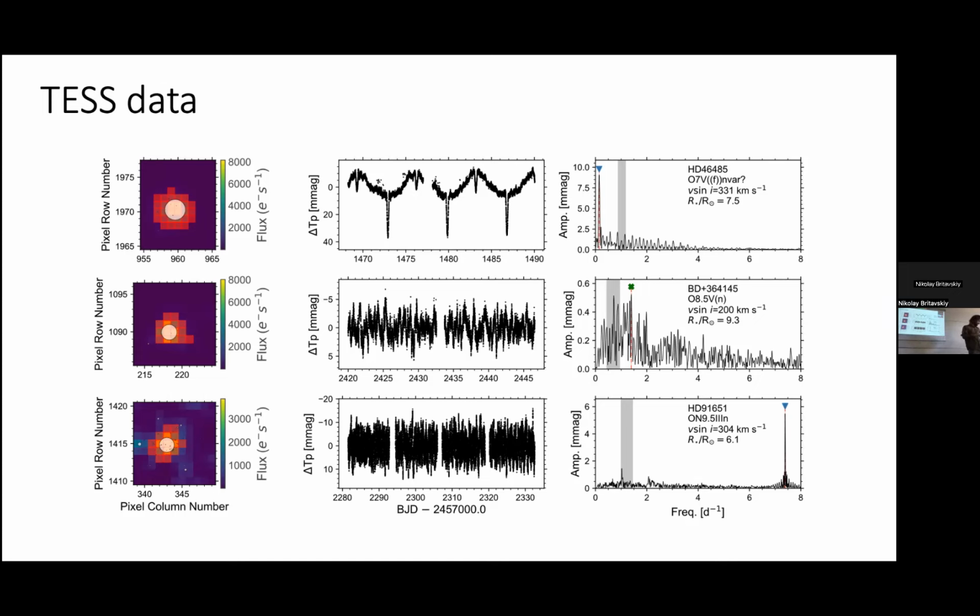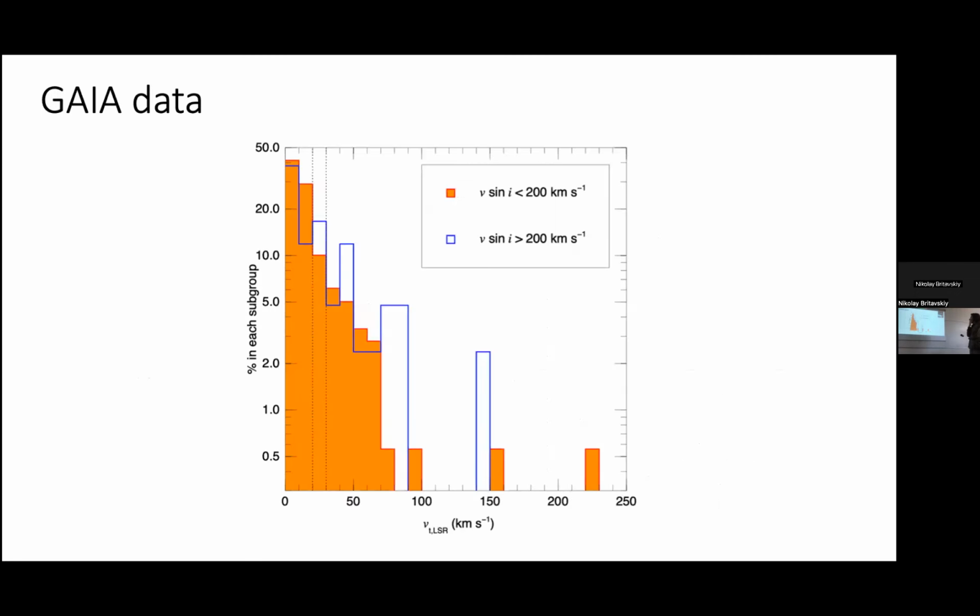What kind of side projects will we need to do? And then the final part is to see the runaway status of all. We also complement our data with slower rotators. And we can really notice that the fraction of runaways in the fast rotating domain is much larger than in the